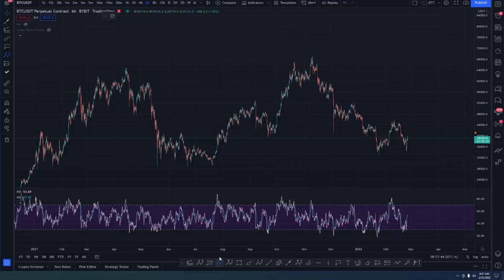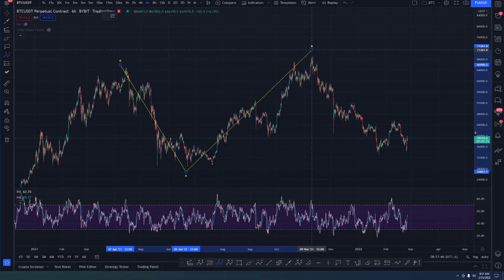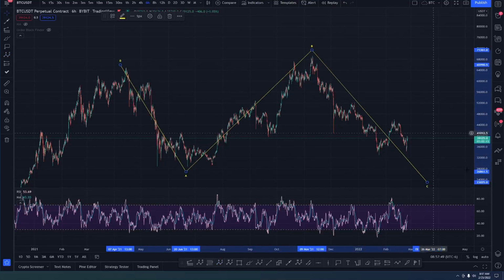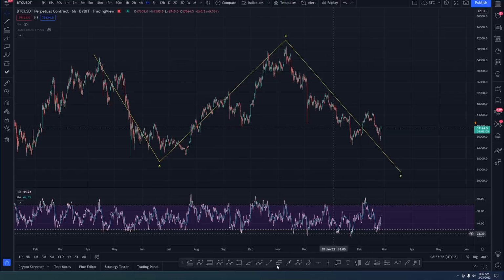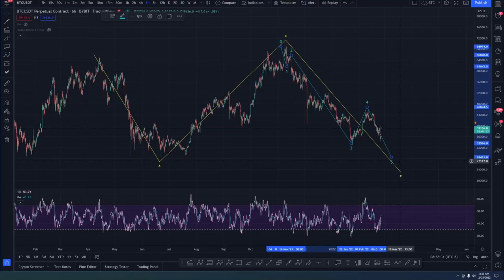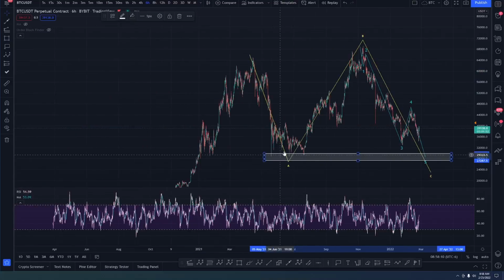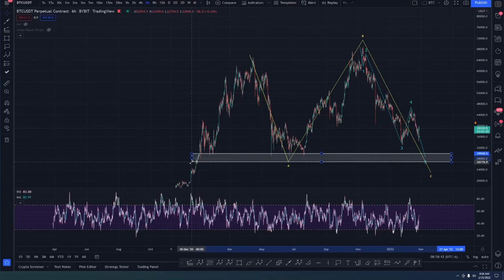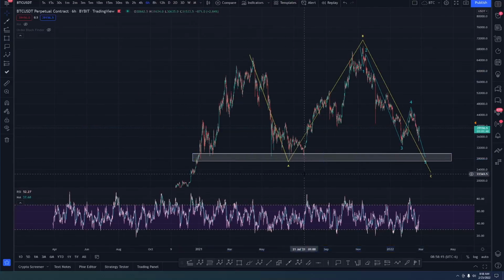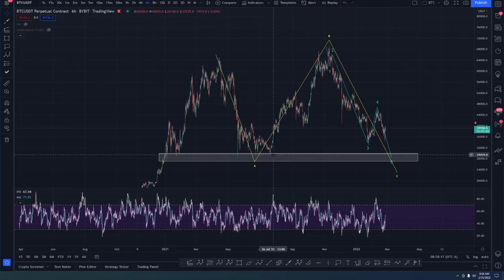All right. Now, overall, we are talking about a potential idea that this is an ABC, that in the C wave, this is the macro 6-hour chart here. In the C wave, we need 5 waves. And it's my contention that the 5 waves are not complete, that we have a 1, 2 off the top, okay? We have a 3, 4, and we're in the middle of the 5th wave to the downside. Targeting the bottom of this liquidity zone right here, I would expect this to get taken out and broken. I will not expect this to be respected. I want to see this liquidity taken out.